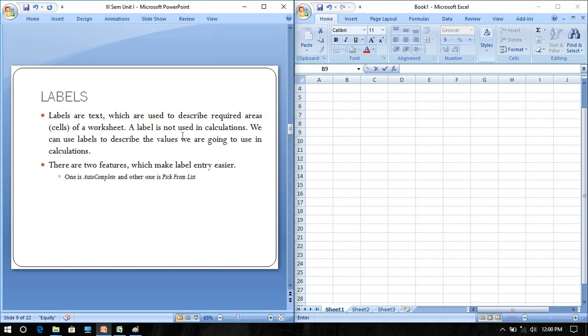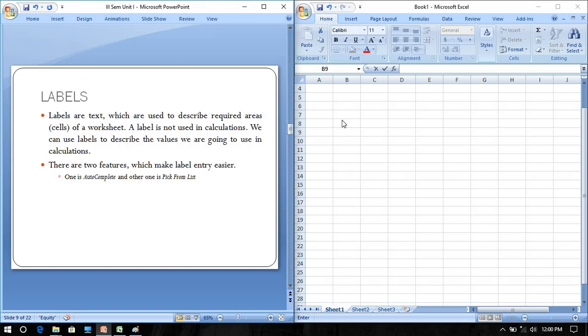Now let us discuss one by one. First we have labels. Labels are text which are used to describe required areas of a worksheet. A label is not used in calculation. Remember that a label is nothing but names, some headings, titles, subheadings. These are all called labels.